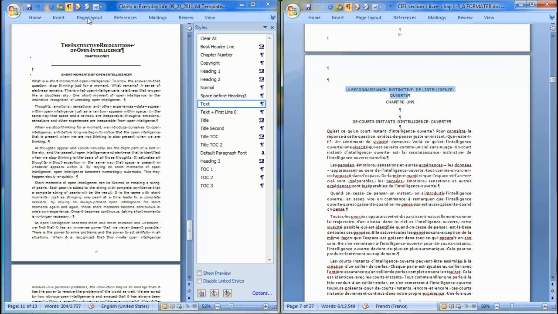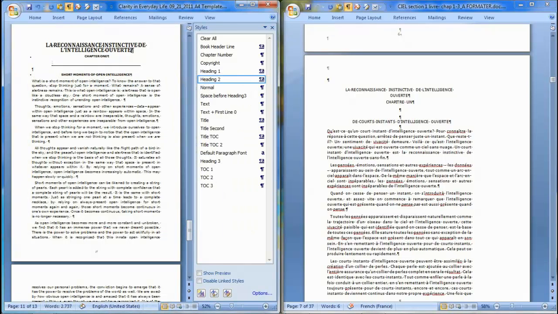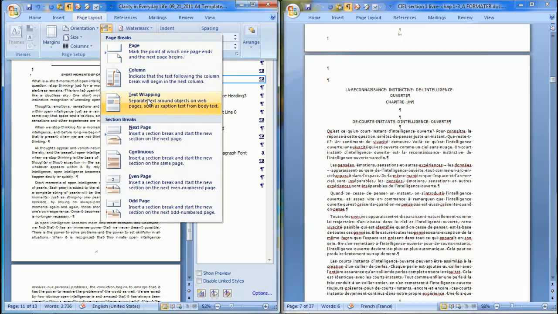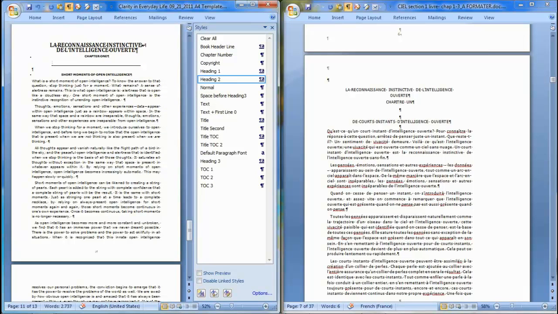This little arrow here that appears when I press the paragraph mark shows that the text has been wrapped. So what I do, I just paste the French version, and then I go here, maybe I cancel the spacing, and I do page layout, orientation, text wrapping, so that it looks like I want it to look. Now I paste chapter 1, I paste the title, the heading 3 here into its English version, and then I